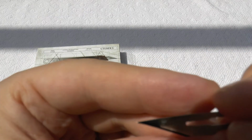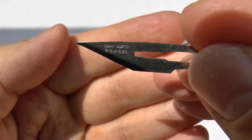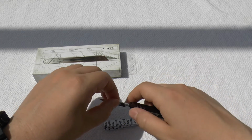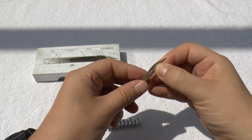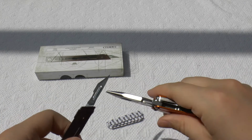BS. Probably all can decide what BS stands for. And they say use clippers and things, but for the purposes of this I'll be very, very naughty and I won't. So I would strongly advise you to use some clippers